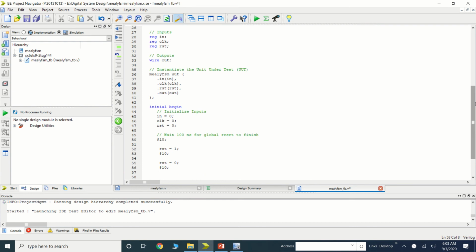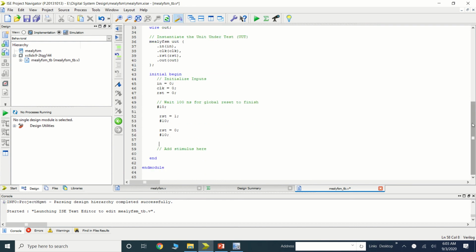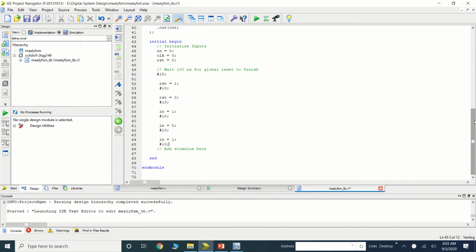So now it will start transit from one state to another. Here I am applying input 1 for the time period of 10. Second input, I am applying 0 for the time period of 10. And the last, you can apply any inputs for the checking purpose. I am just selecting here where I want the desired detected sequence.